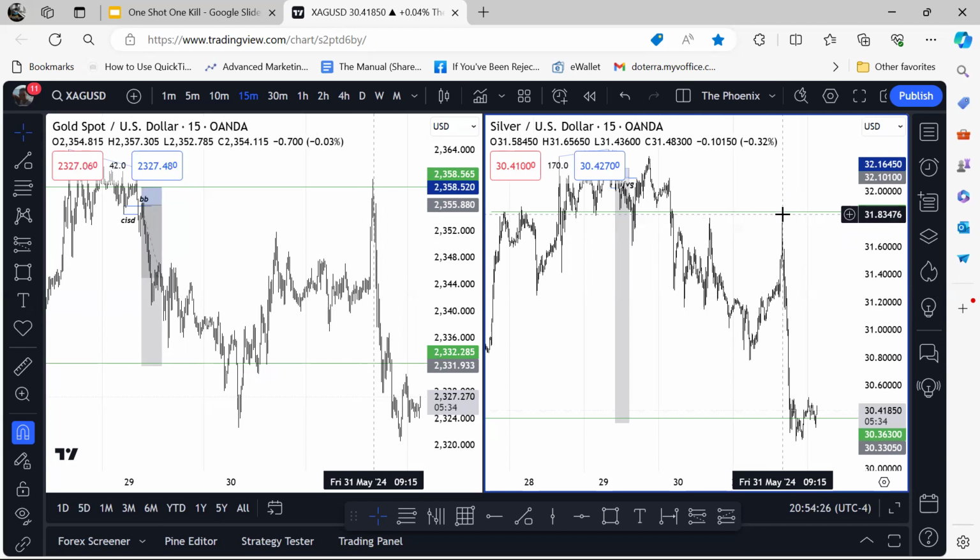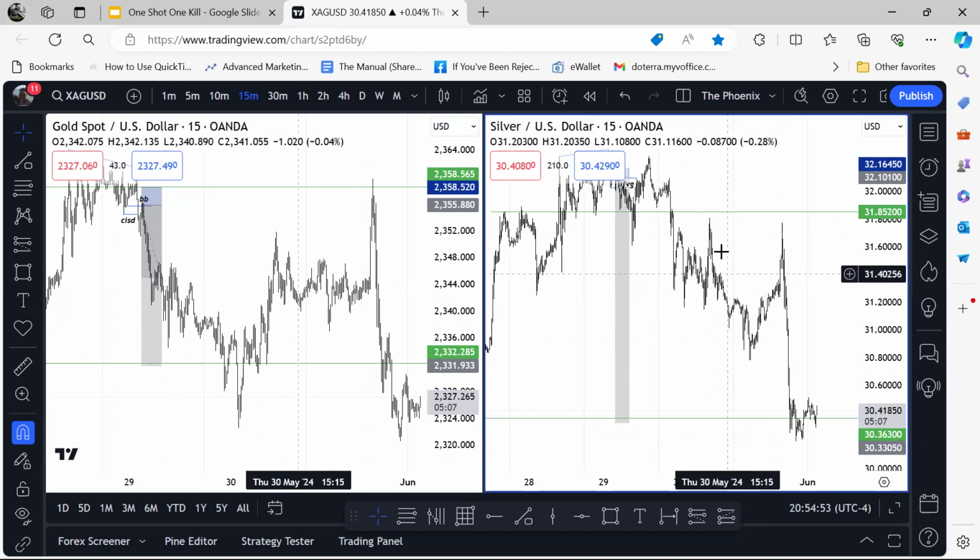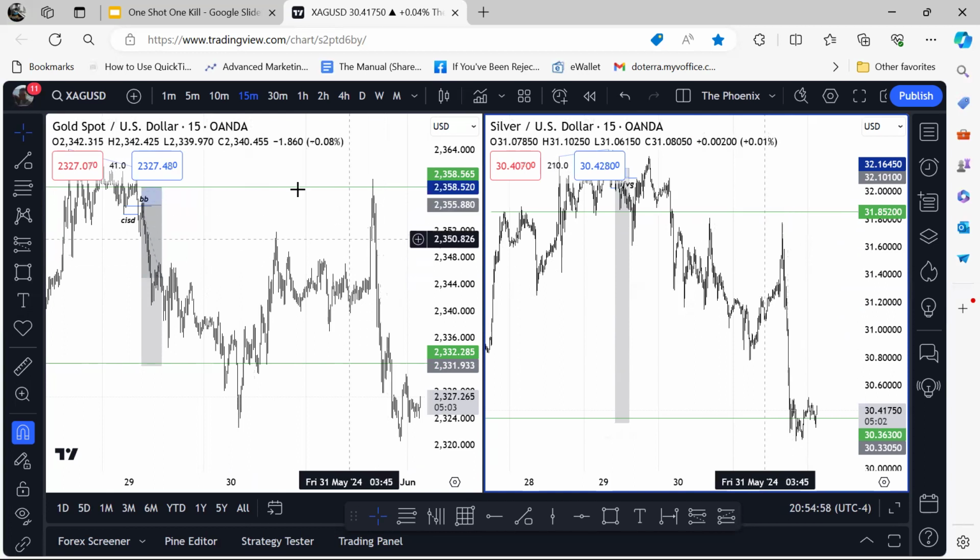You may not have been taught this way. I think a lot of people would have heard ICT mention SMT divergence, but really have not taken it seriously. Well, I believe now is the time for you to do so because it is a very powerful confirmation method and giving you really large range trades. It really gives you directional bias, put it that way. So you could have gotten at least 3 or so trades on gold last week if you're trading that much.